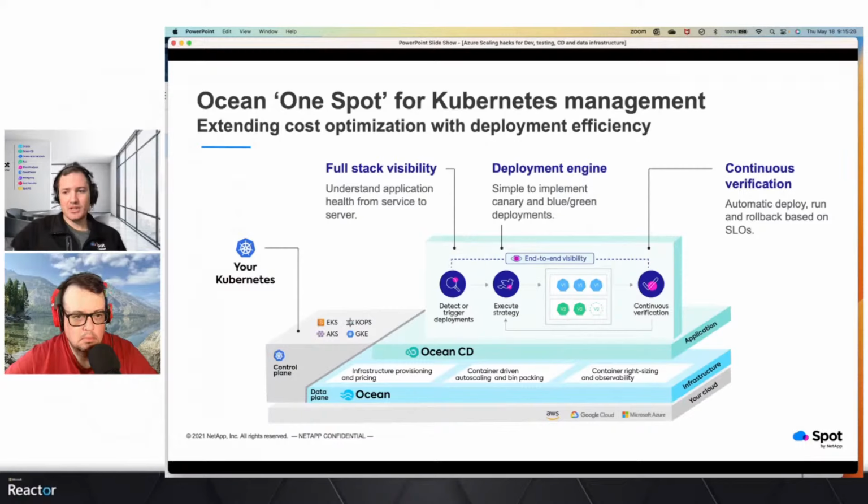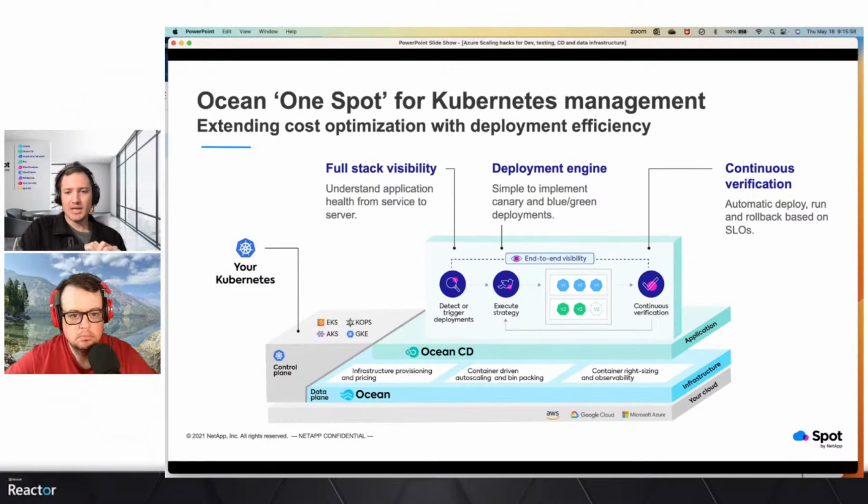And this is the last visual I want to show, which is just how, at Spot by NetApp, we're making Ocean our one-stop spot for all things Kubernetes management. I mentioned at the very core, we have our Ocean engine, which is scaling the containers in the cloud and giving you that serverless compute experience. On top of that, we have our Ocean CD product, which is all things continuous delivery.